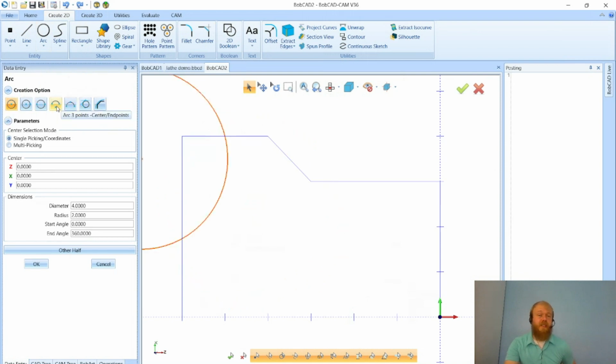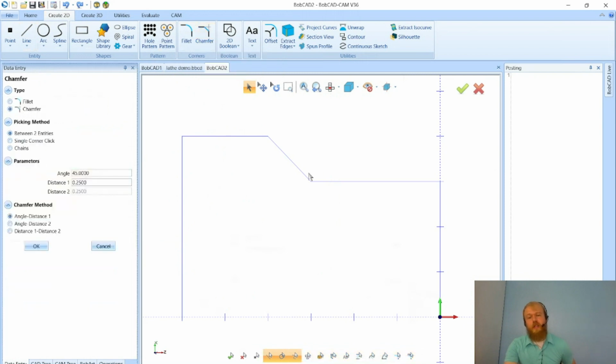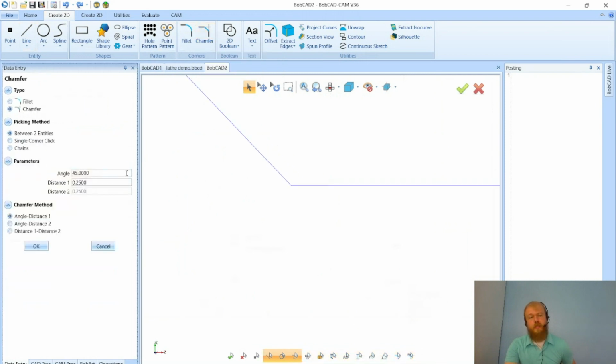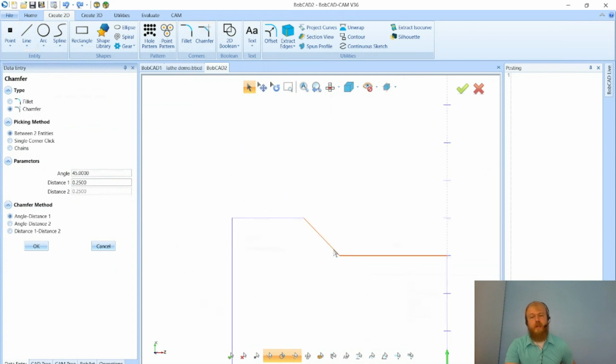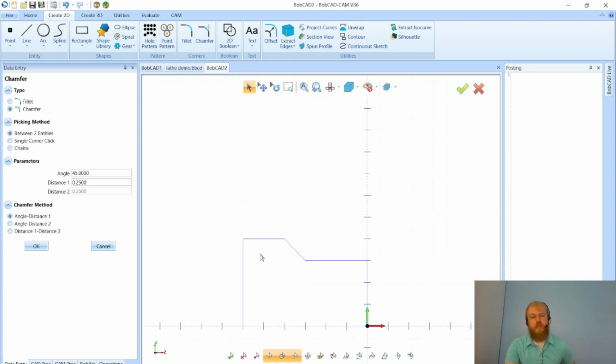we could create a fillet, I suppose, in the arc functions, but we do have a fillet and a chamfer option here. So maybe let's start with a chamfer on this corner. I just have to type in the angle amount and type in the distance of the chamfer I want. And I just click on one line and click on the second line for that. Let's see, did it create anything? Might be too large. 45 degrees, 1/4 inch. Should be okay, but